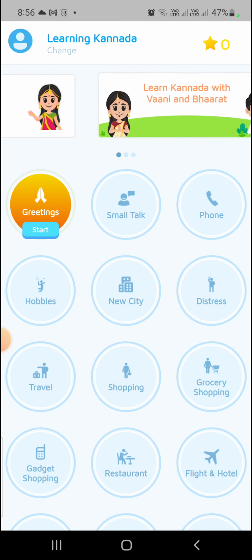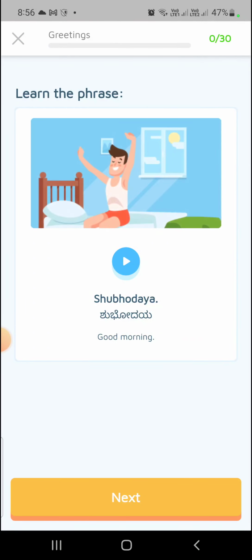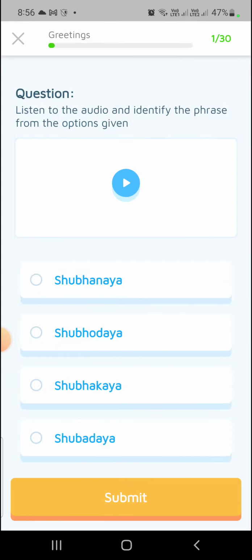Some sentences are given, so we have to learn this. Click it on. Then Shubhodaya. Shubhodaya means good morning. In Kannada we say Shubhodaya. Click on next. Then one question is given and we do not know how to read languages. So by listening we can learn, and audio is also available in this app. So listen to the audio and identify the phrase from the options given. So good morning, Shubhodaya. So what do we say for good morning in Kannada? Shubhodaya. So click it on Shubhodaya